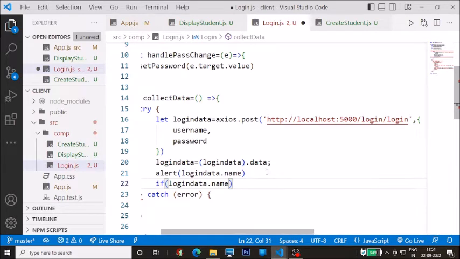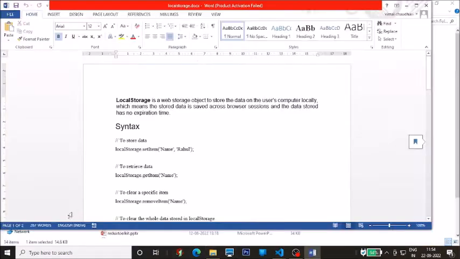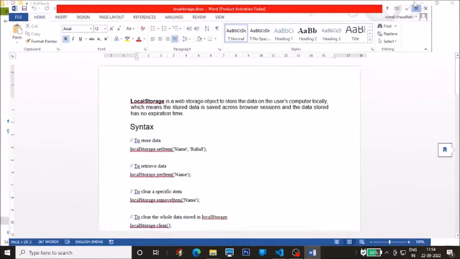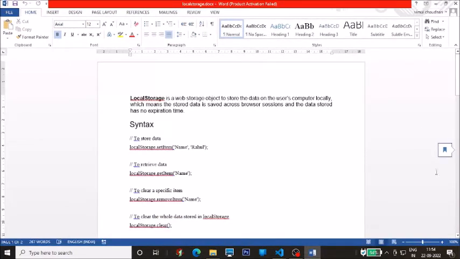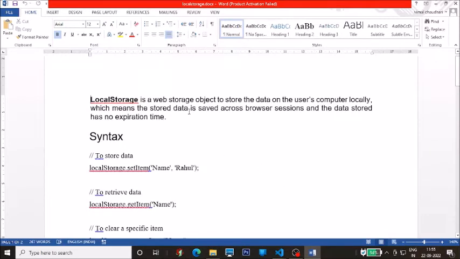If this is there, then I will write down, say for example, now we want to store this data into our local storage. Now what is local storage? If you really want to understand, then please try to understand what is local storage. I'll make it a little bit bigger so you can easily understand. Local storage is a web storage object to store the data on the user's computer locally, which means the data